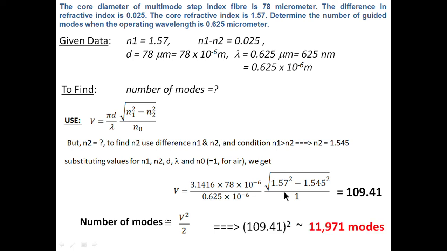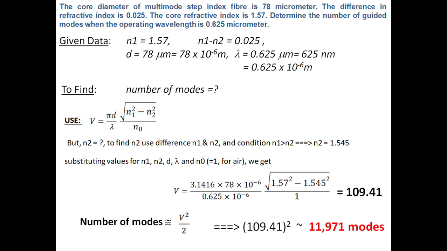So the number of modes, approximately equal to V square by 2, is equal to 109.41 square. There is a small mistake over here. It has to be divided by 2. So we take it out, and roughly it will be around 11,971 divided by 2, which will be 5,985 modes, or roughly around